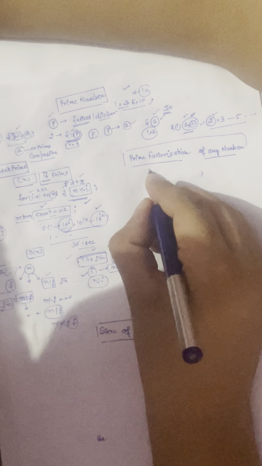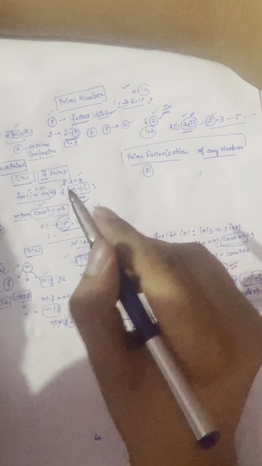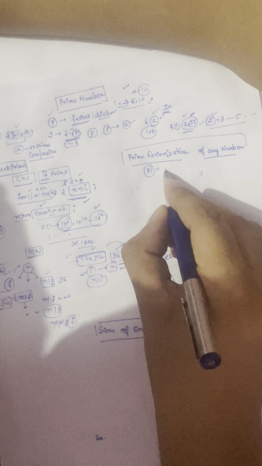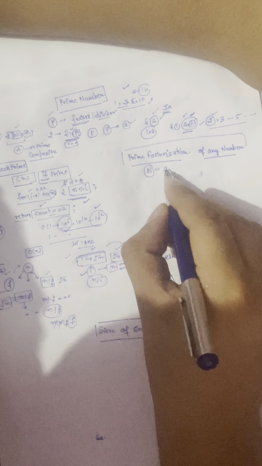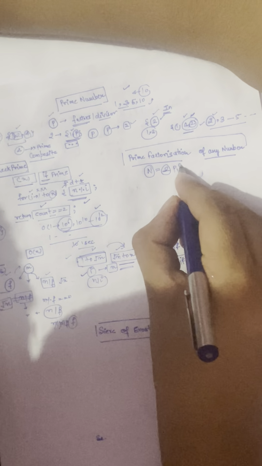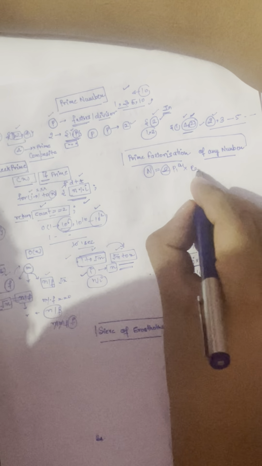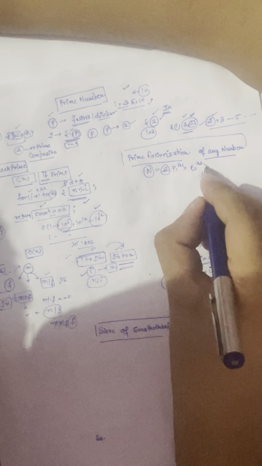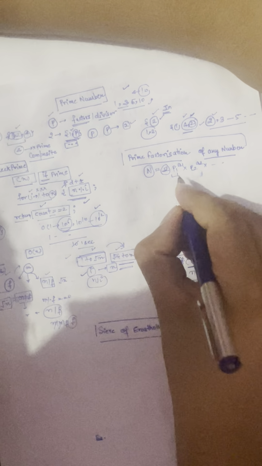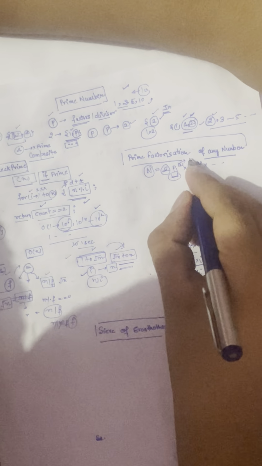So let's say we are given any number, which could be prime or not prime. Any number we are able to express as a product of powers of prime numbers. Let's say p1 is one prime number, raised to power q1, then p2 is the next prime number, raised to power q2, and so on. If some prime number p is not a factor of it, then its corresponding power would be 0.